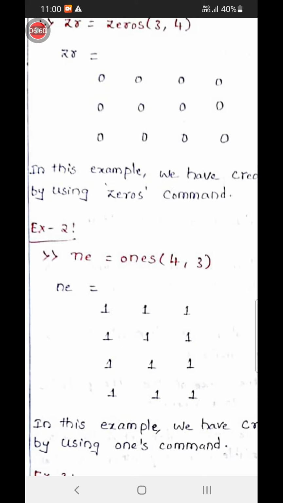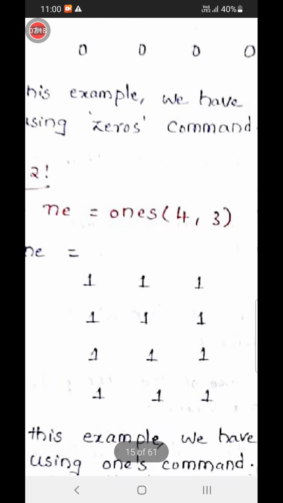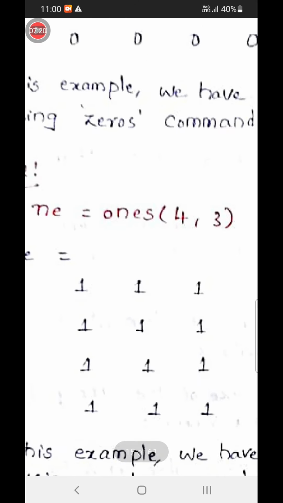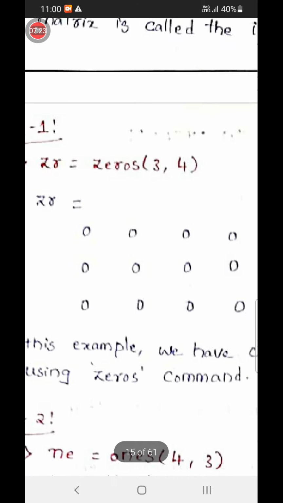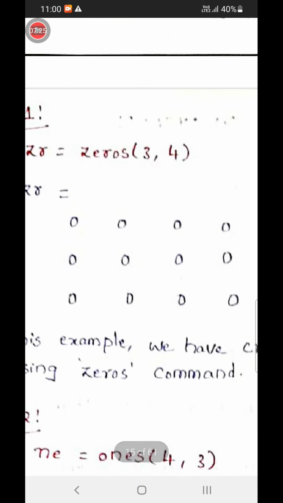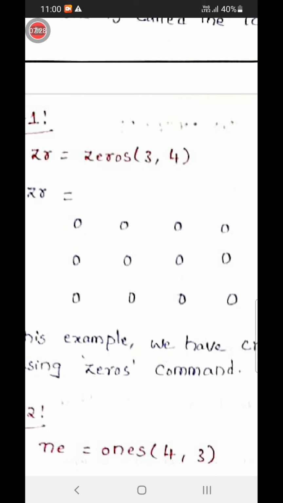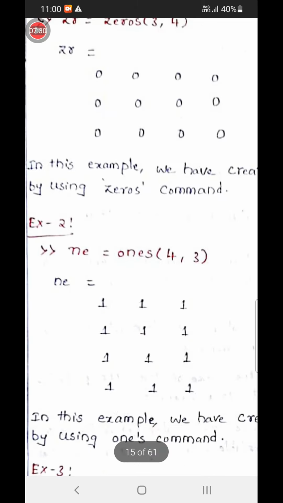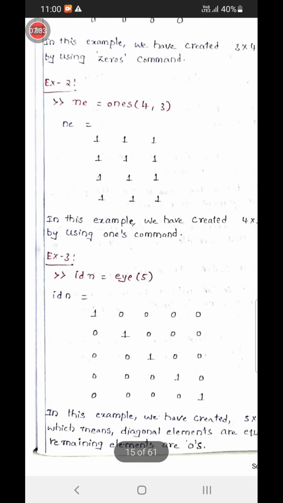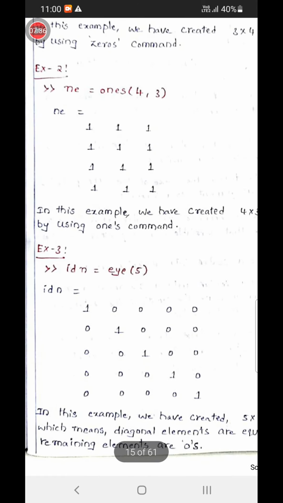After typing this command, you press the enter key, and all the elements are ones only. So the ones command creates all the elements as ones, while the zeros command creates all the elements as 0. That's example 2.